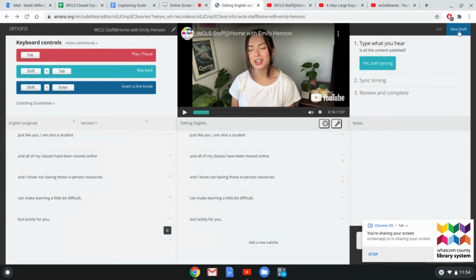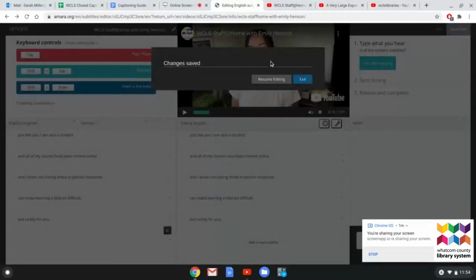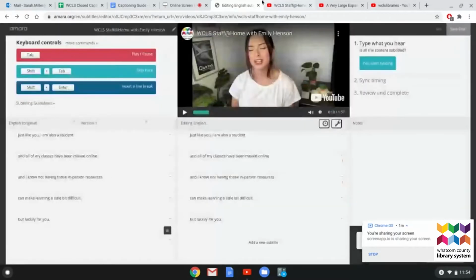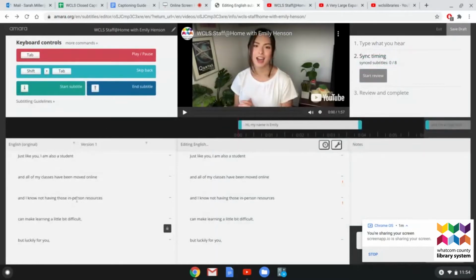So I'm going to go over here to the right side of my screen in the upper right corner and click Save Draft. Very important when you're working in Amara is to save often because it's all web-based. So if you ever want to stop what you're doing and come back to a video later, you're definitely going to want to save your work. Then I'm going to go over here to the Yes, Start Syncing button. Click that, and it's going to take you